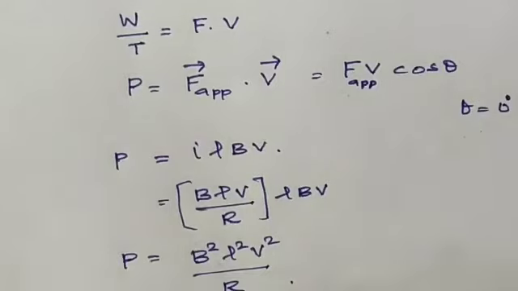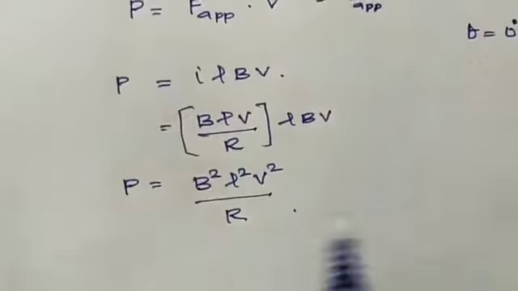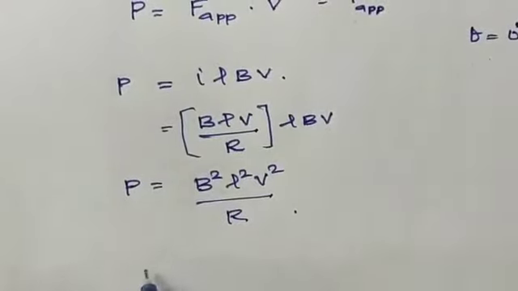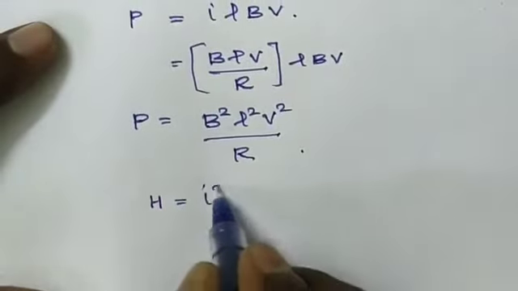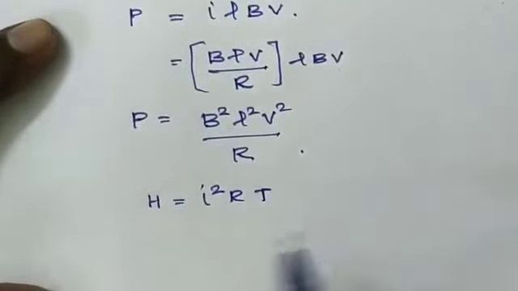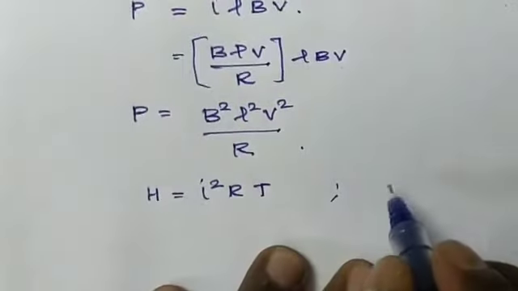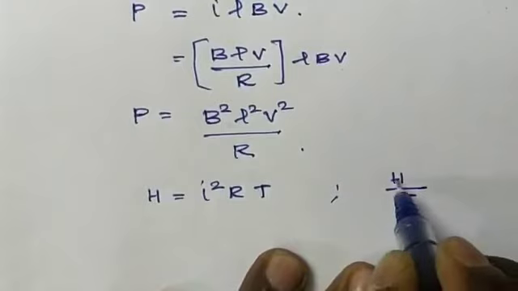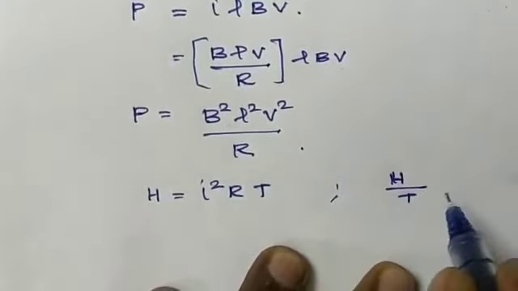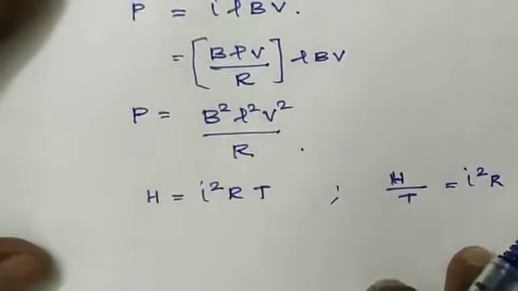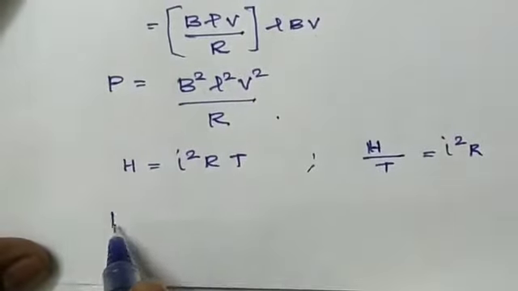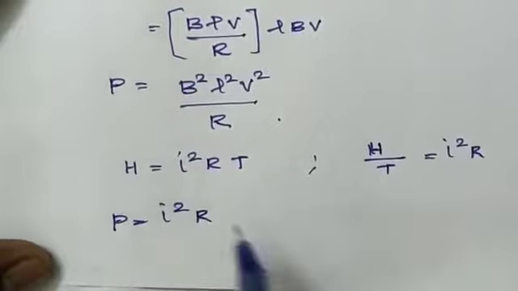Now moving to the Joule heating effect, because the current flowing in a coil produces heat energy. So write down Joule's heating effect: H, the amount of energy, that means the work done, is I squared R T. Again rearranging that equation, H by T, that means again work done by time, is equal to I squared R. Work done by time is called the power, that means it is I squared R.